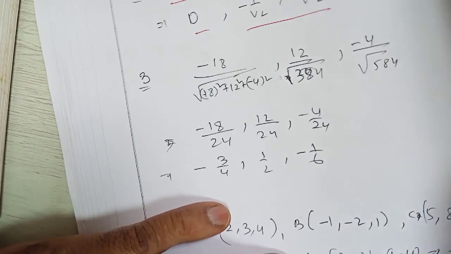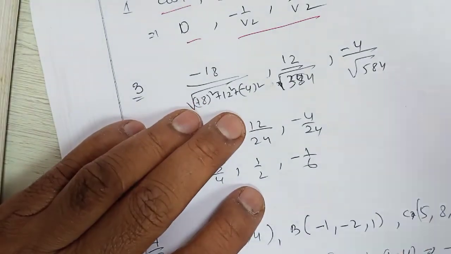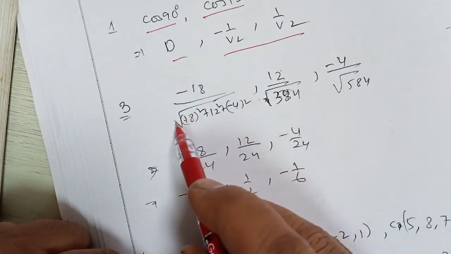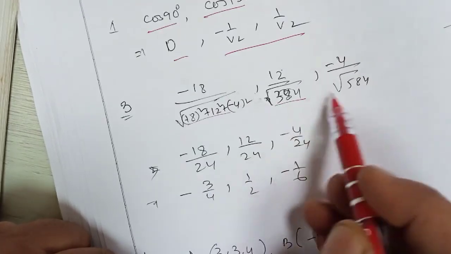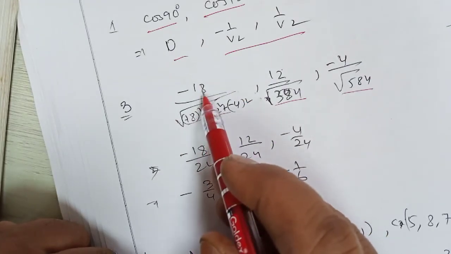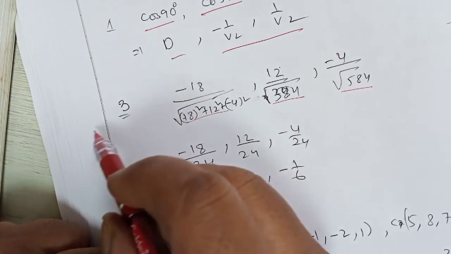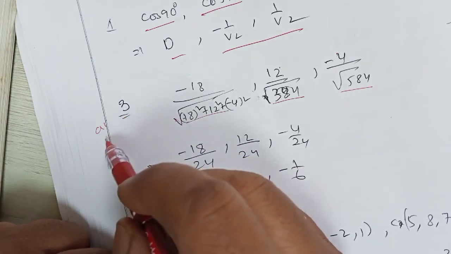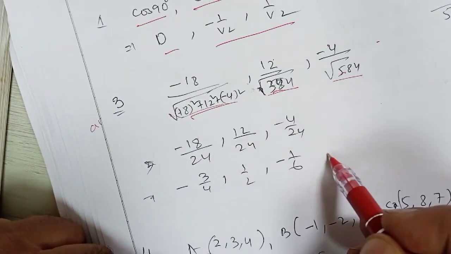Question number 3. A direction ratio is given. Then what is the direction cosine? Direction ratios means A1, A2, A3 are given. Then the magnitude of this vector or line will be this, root over 584. Given the direction ratio, the direction cosine will be A1, the coefficients of i cap, j cap, k cap, divided by the magnitude of that vector. So the magnitude is divided to change it into direction cosine, then write in simplest form.